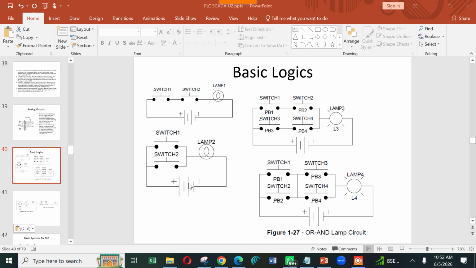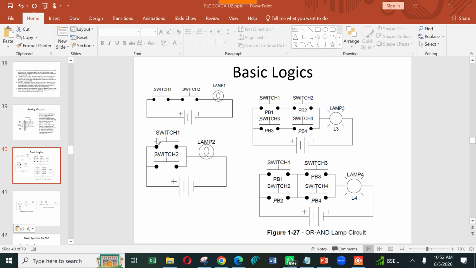Like that, you see at the bottom. In the bottom, two push buttons are connected in parallel. Previously, two push buttons were connected in series, but here two push buttons are connected in parallel.